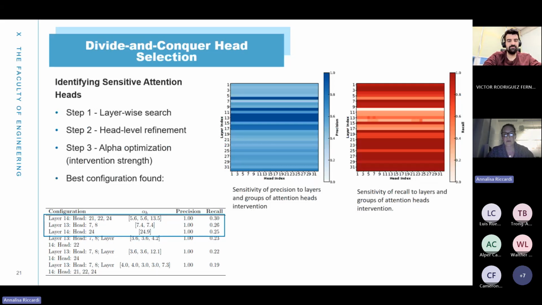We call it divide and conquer, a kind of tree search among the layers and the heads. And also we are optimizing alpha, that is the intervention strength factor. While in the paper that we published with the general technique, we were using the same alpha values here, if you pick more than one head, you can also specialize the strength to the heads that